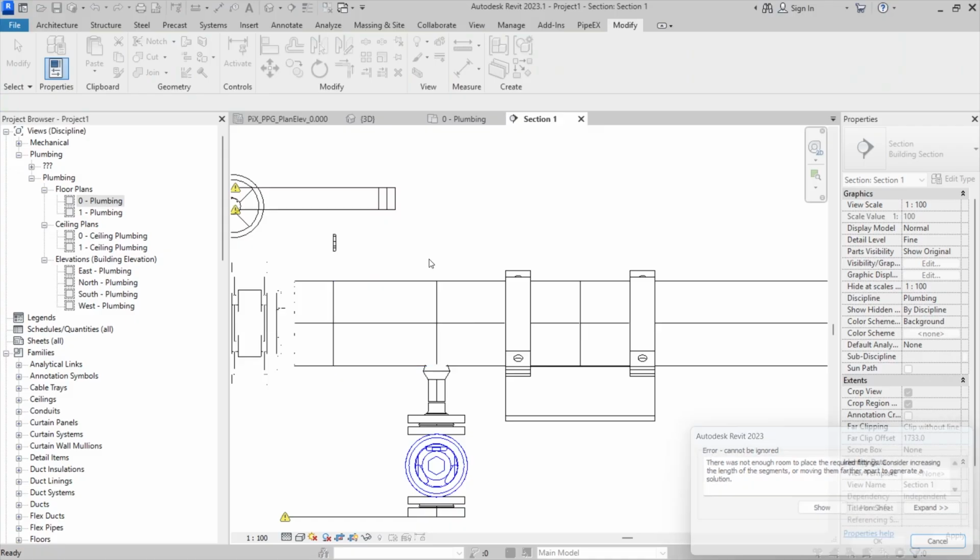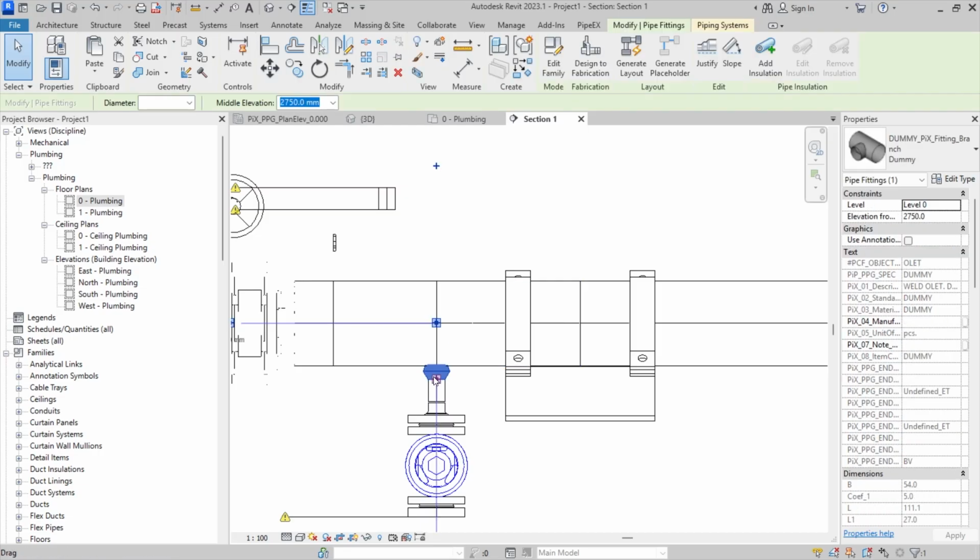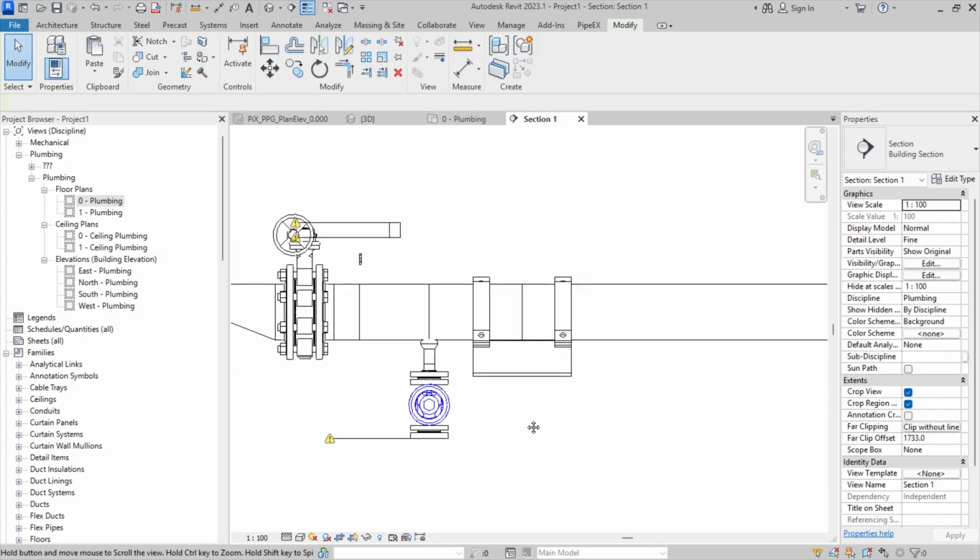No, still doesn't work because we don't have enough room to place. Yeah, that's one thing that we need to modify in our family, just to make sure that by default, when it's still nothing over there, it uses a simple kind of connection, and then it adjusts based on the requirements that we have. Yeah, we need to see how to do that,